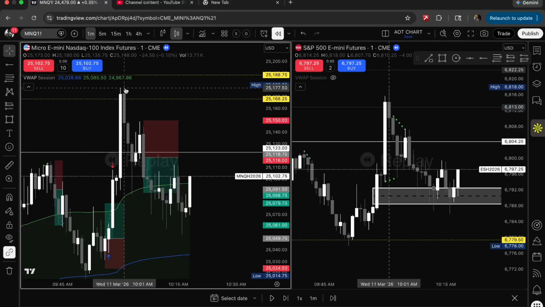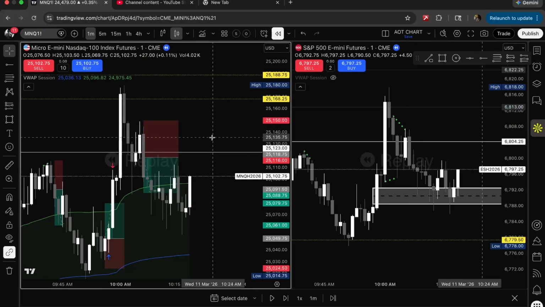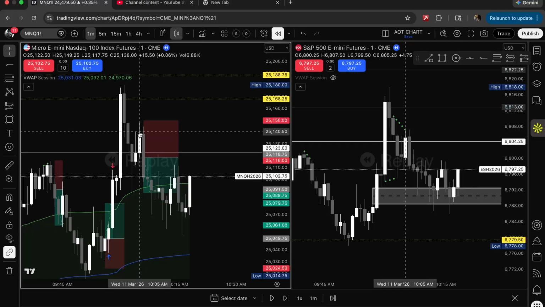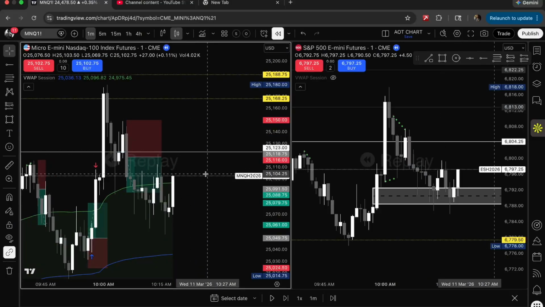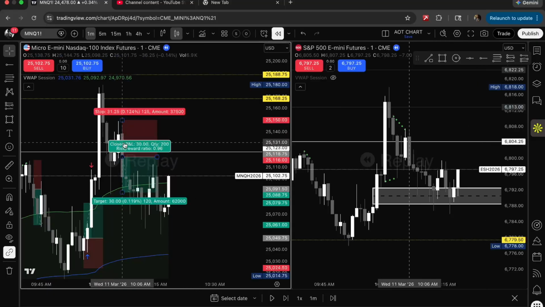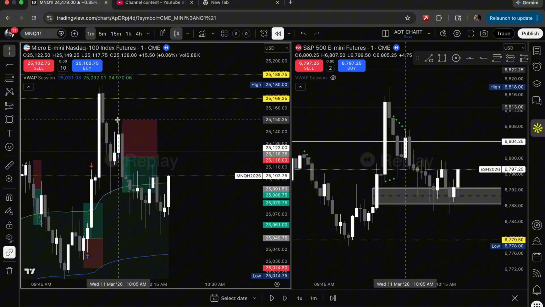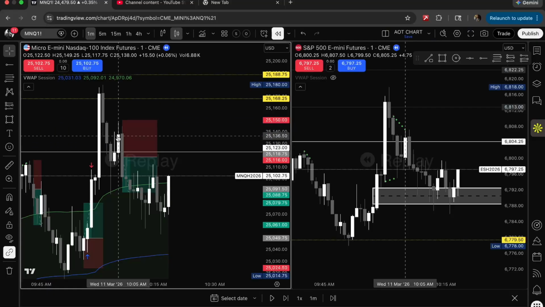So this will be one, would have two, took it three, after it failed to make a high. Yeah, right there. You would have shorted it right here. Mm, I mean, you could, but this entry is better because you get the actual confirmation. Right here, you could just say, okay, it makes sense why we could still be bearish, but you don't want to enter on this candle because